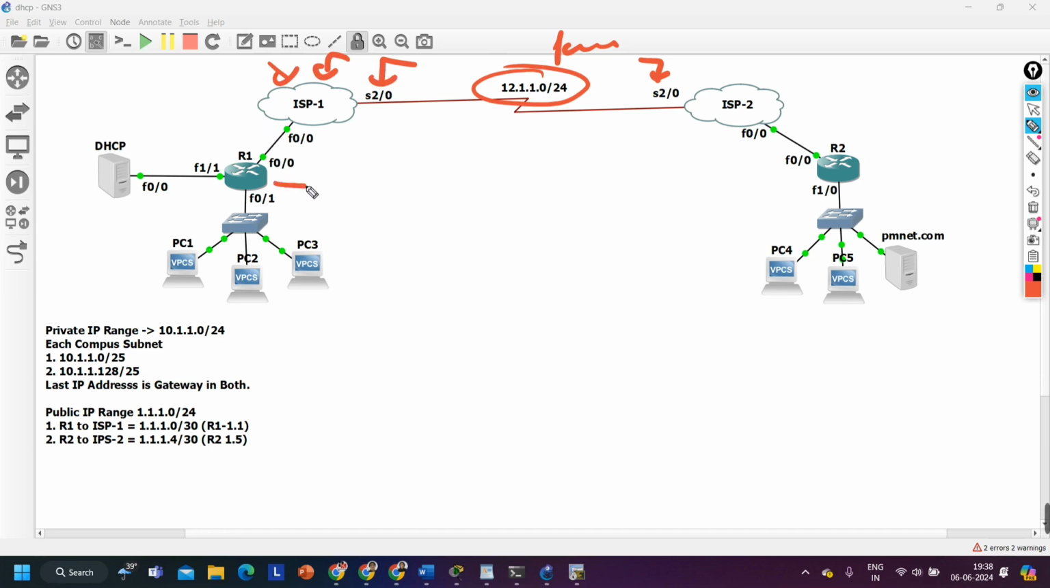You need to configure your R1, router number 1. So here you need one IP address. You have to purchase the public IP address for this interface. Here also you have to purchase the public IP address for this interface, right? So how many public IP addresses are required, guys? Two public IP addresses are required, one for R1, one for R2, means one subnet over here and one subnet over here. Okay, so as you can see here, public IP range,